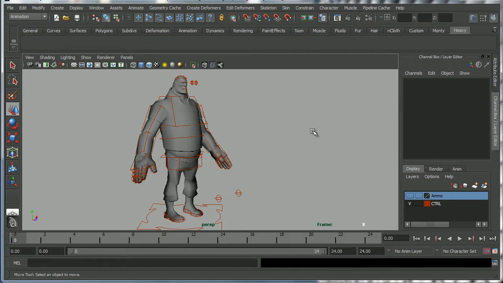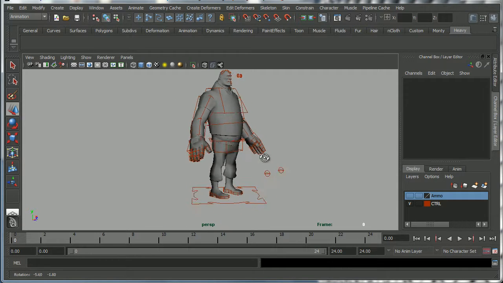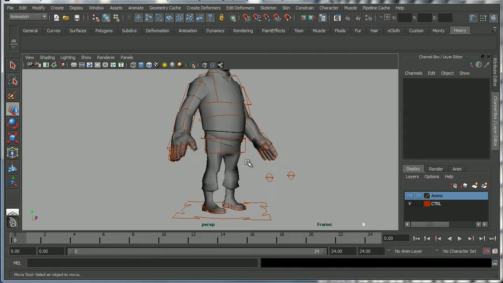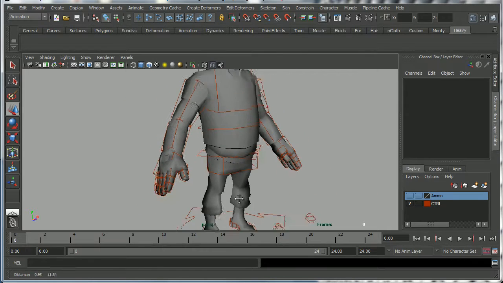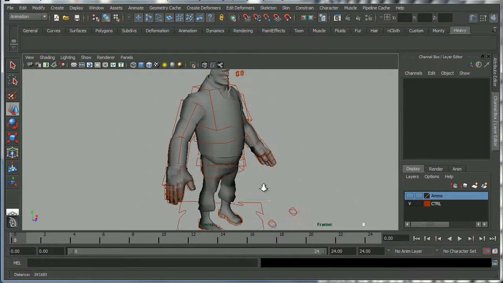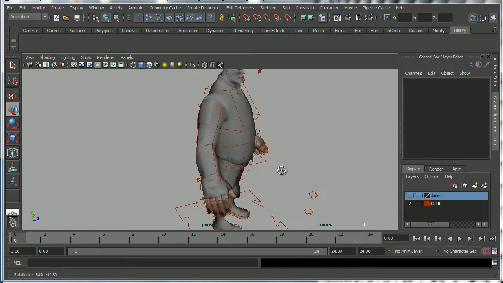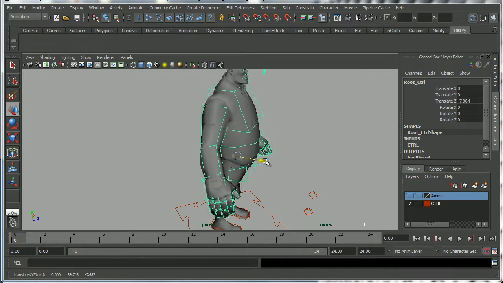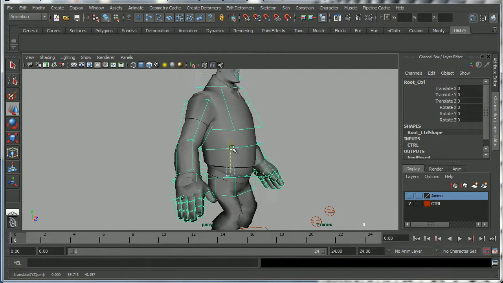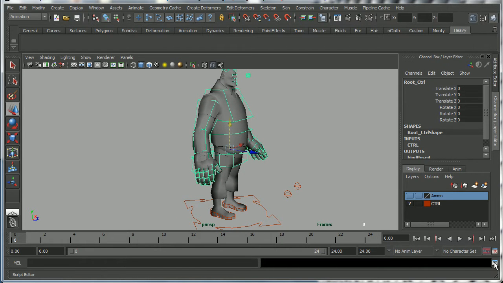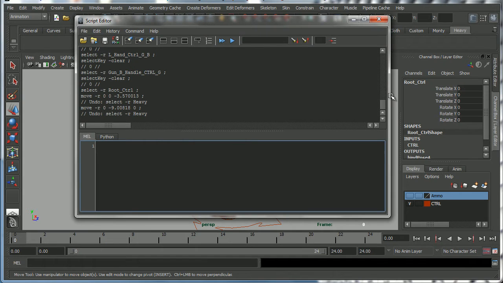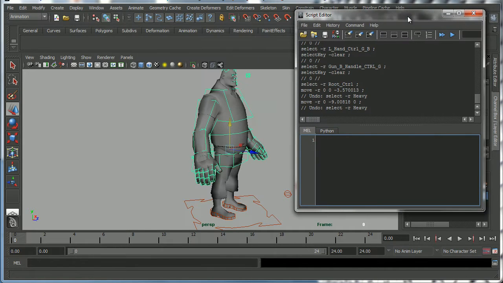Click OK, and now we have a new shelf. Remember we created shelves for Monty, now we've got a new shelf for Heavy, and we're going to animate Heavy walking, so we just want to create controls for Heavy. So first of all we want to find the main root control, and that's most likely to be this arrow here. Remember on Monty the main root control was an arrow. Most rigs are designed in quite similar fashion, and there it is. So there's the main root control, and it's helpfully called root. So I'm just going to open up the script editor, pull it over to one side,